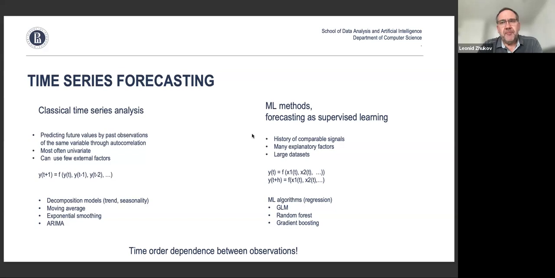Of course, if you want to be more precise and do better than that, you can still use this autocorrelation property. Autocorrelation means the value at t+1 is correlated with the values at time t, t-1, and so on. So if we want to build a univariate model, we can write y_{t+1} as a function of the same variable at times t, t-1, t-2, as many as we want. Then the goal of the modeling would be to find the function f.